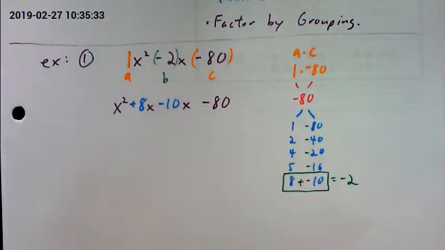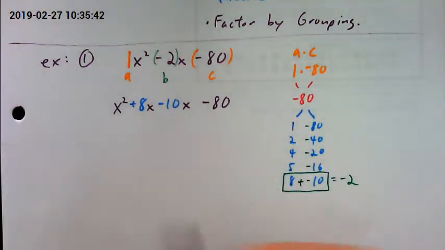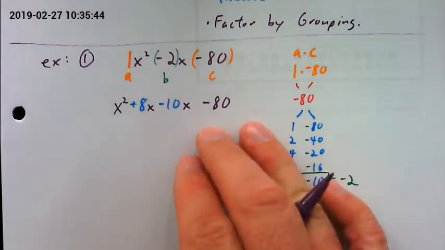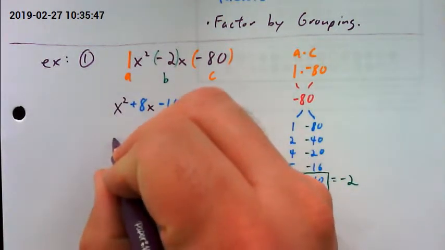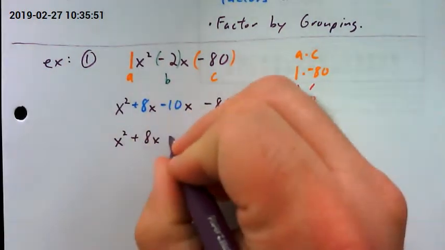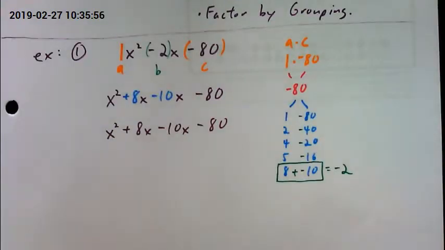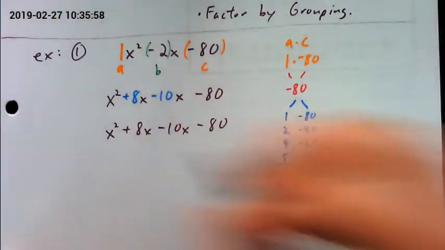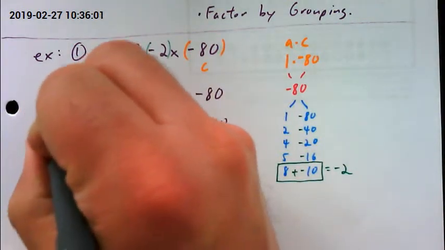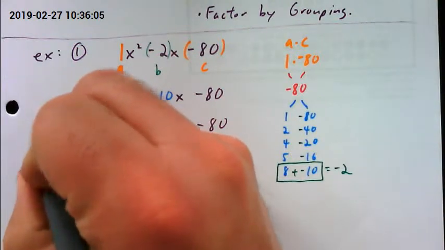So now that we have our 4 terms, now we go back to factoring by grouping. All right? So we're back to factoring by grouping. And normally I wouldn't rewrite this step, but for the purpose of our notes, I'm going to rewrite this one just so you can see that that was a separate step. So now that we have these 4 terms, we're going to go to factoring by grouping. And I'm going to write that over here. Factor by,